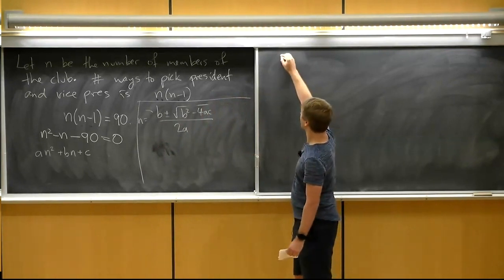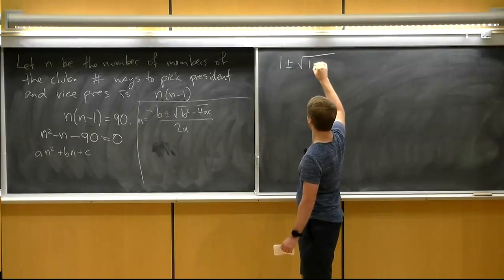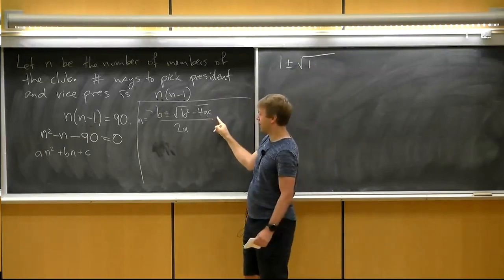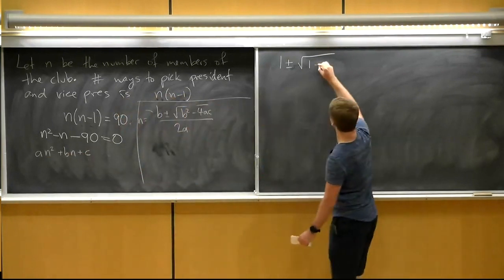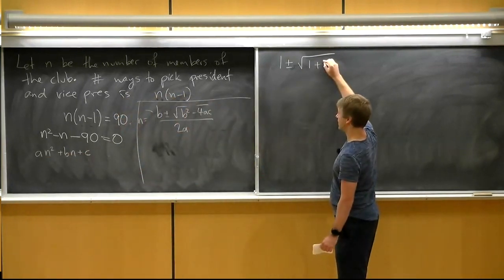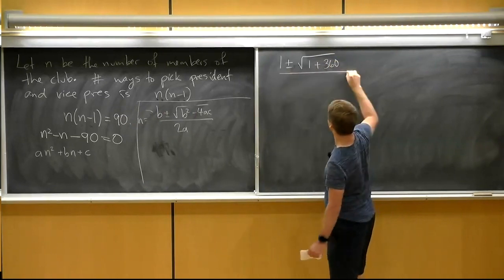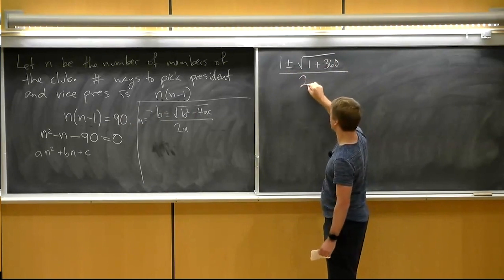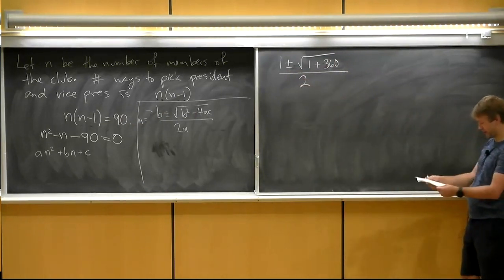So we're getting 1 plus or minus square root of 1 minus 4AC. A is 1, C is negative 90. So plus 360, I think, over 2, which